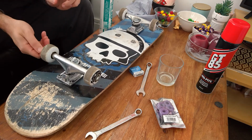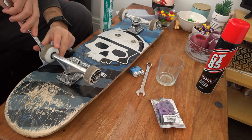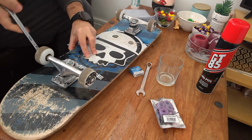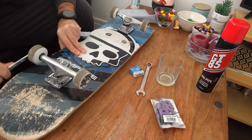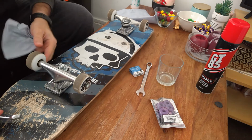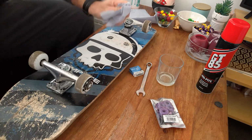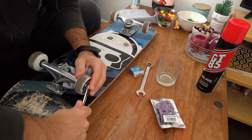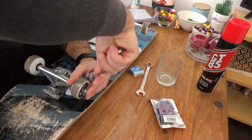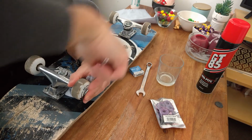The funny thing is, on this package I have some purple washers and screws and lock nuts, but I'm not using them, and this is because I have ordered a new skateboard, and I don't know if I've ordered everything: wheels, washers, a new deck, trucks. I don't know if it comes with lock nuts, so I want to keep them for that one. So again, I'm gonna do exactly the same thing